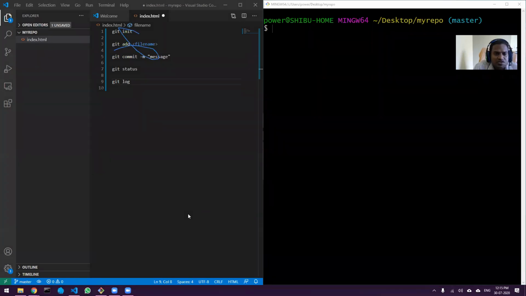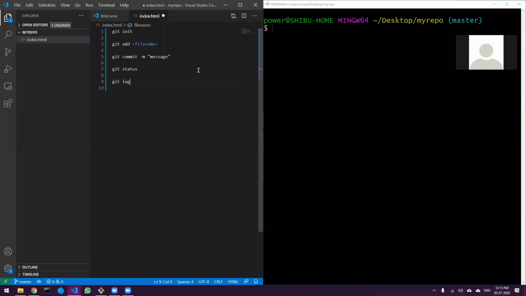That is why we use Git. Any queries? Okay, so I hope these 5 commands are clear.